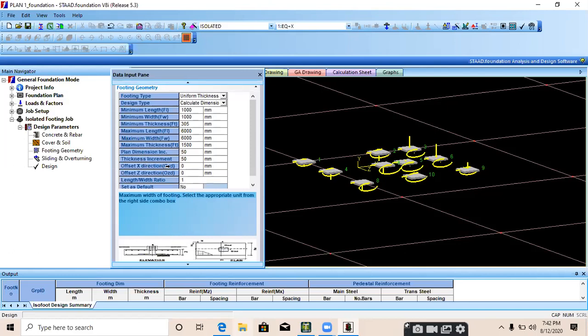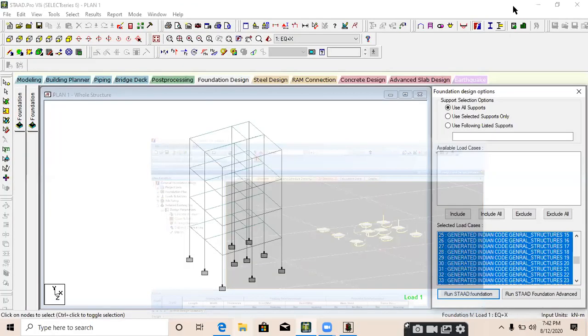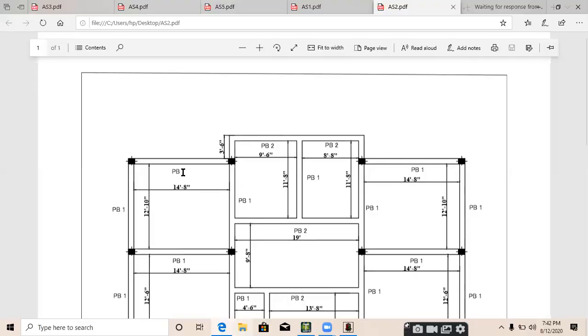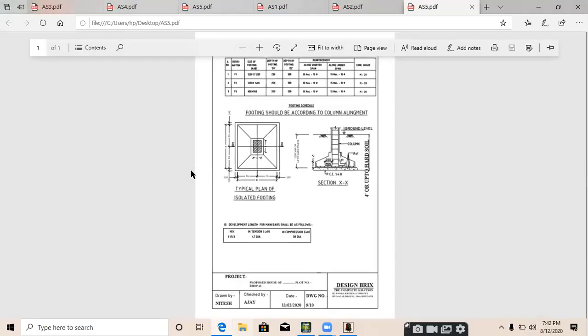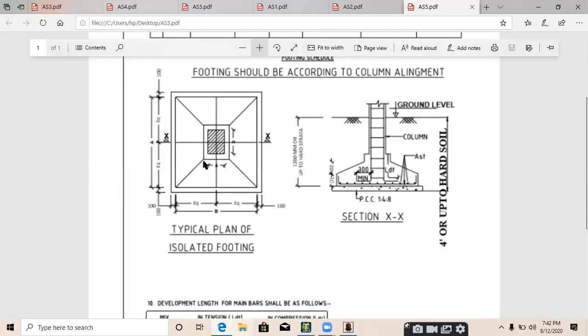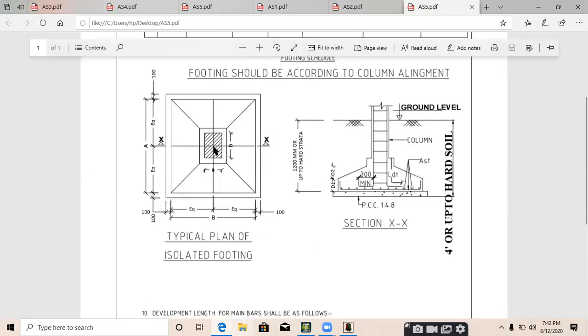What about the offset? If there is a column above the footing and it is not at the center of that particular footing, we need to provide the offset. Here it's a column and it is at the center.